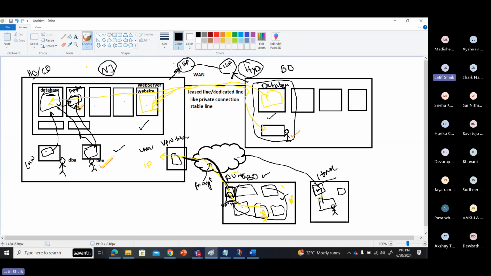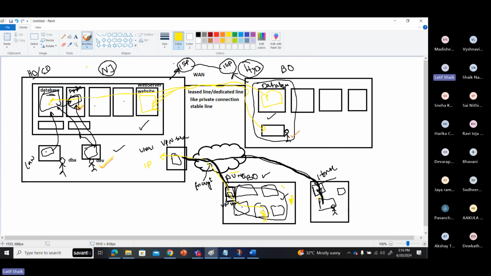From your laptop, you are trying to connect to the VPN, right? That request will go to the VPN server over the internet, and this VPN server creates a private channel from your laptop to your private network. Like that, your IP address will change to an IP address of this network only.